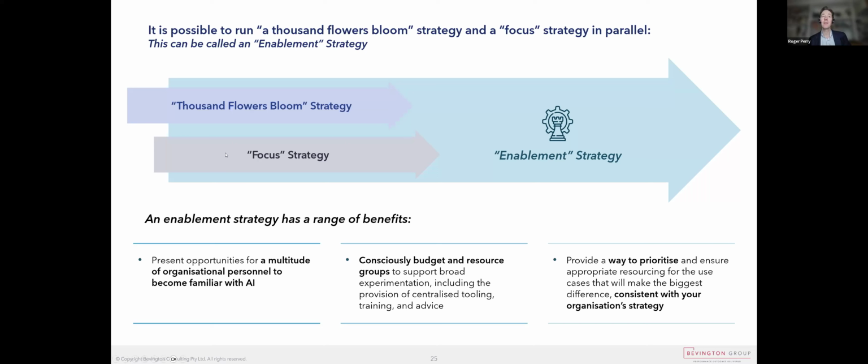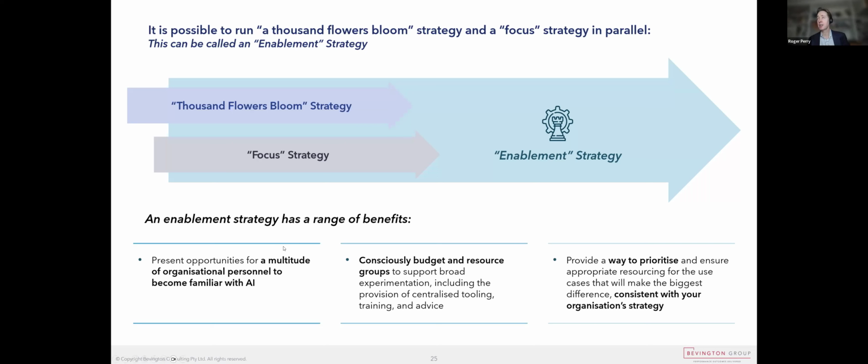Now, a focus strategy tries to do a couple of things. Basically it tries to find a basket of winners, but there is a compromise, and we'll call it the enablement strategy. And we think this is a sensible way to go. So you have a focused basket of projects, but you're still happy to run other experiments. More importantly, you're happy to teach and train people and get them to use sensible parts of your AI infrastructure. For example, you might have a small language model rather than a large language model that allows you to find materials inside the organization, or you might be experimenting with Copilot or something like that.